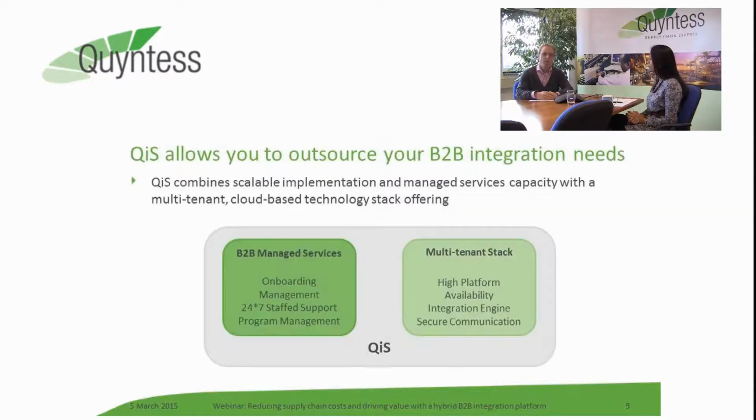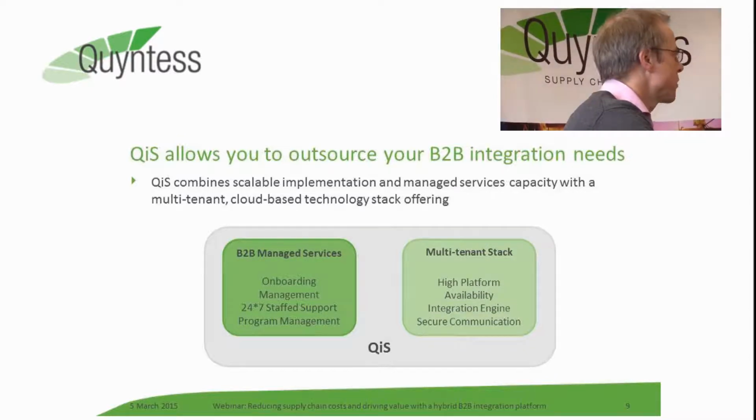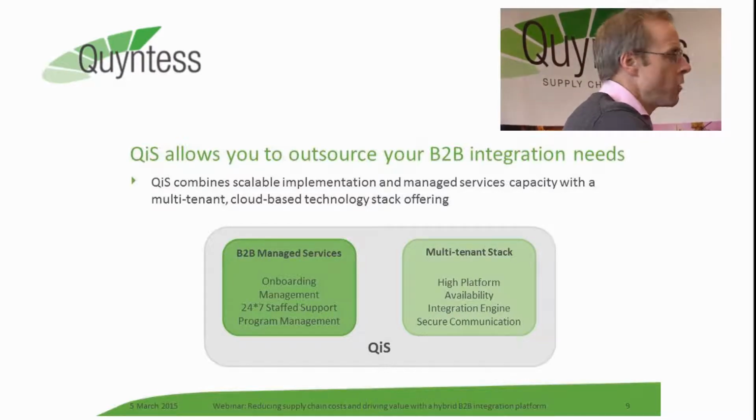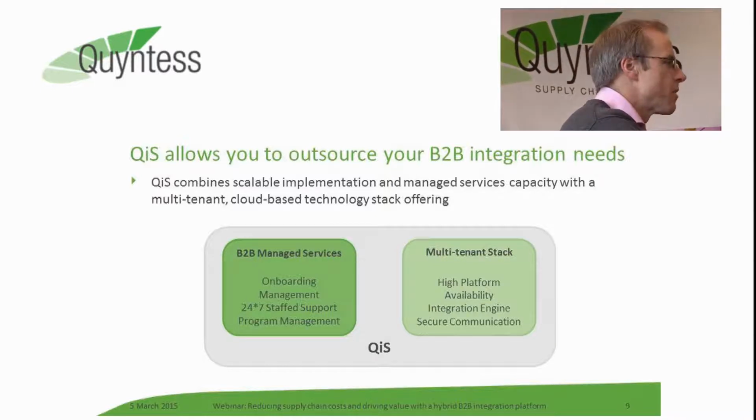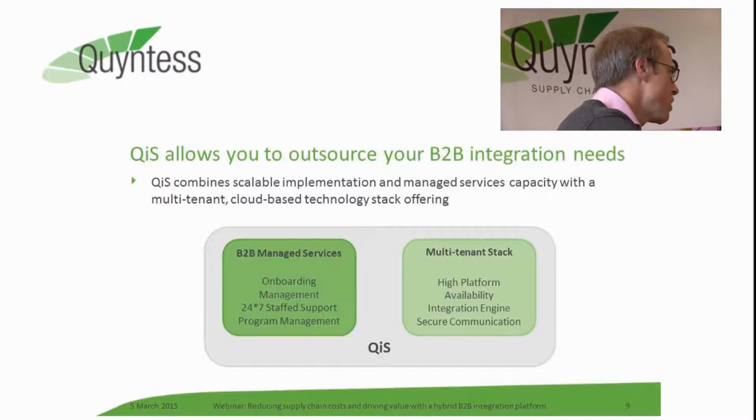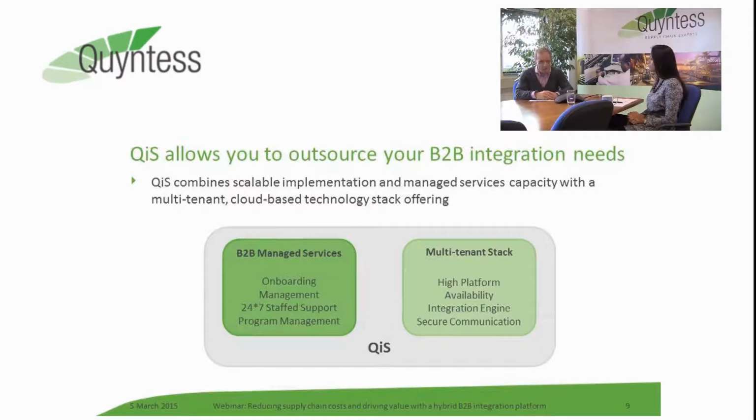The key characteristics, I think you can summarize it in two main blocks. One, of course, is what I would call the hard technological side of it. We have a multi-tenant stack of servers, communication servers, which is high availability, has integration engines, has security around it, which otherwise, I would say, companies would need to replicate on their own end to achieve the same stability. So that's a certain economies of scale that we provide because we are working with this